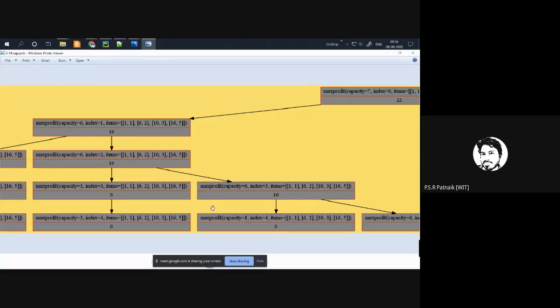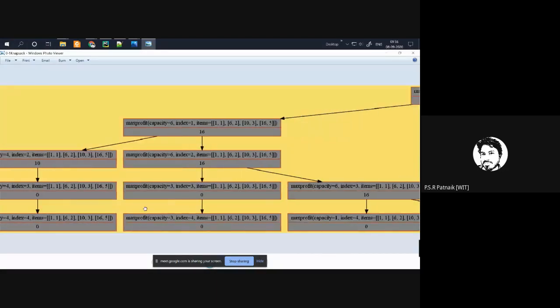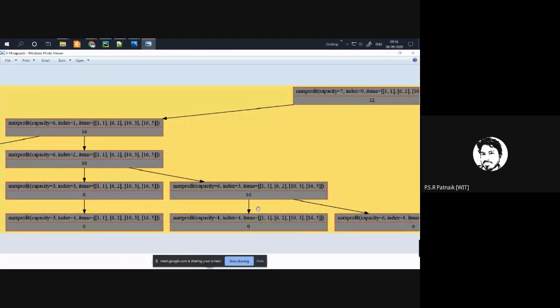So, tell me, can I call these two redundant calls? I cannot call them redundant because see, capacity is 6, 2 and items, capacity is 6, 3. A change in argument means it's a different method. I need to find function calls where these values are exactly the same. Even if I can find one, I can apply memoization. And sometimes for a smaller input, you might not find anything, but when the input is larger, you might find multiple such calls.